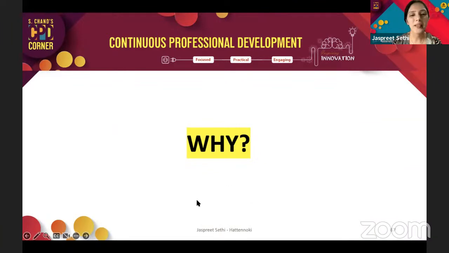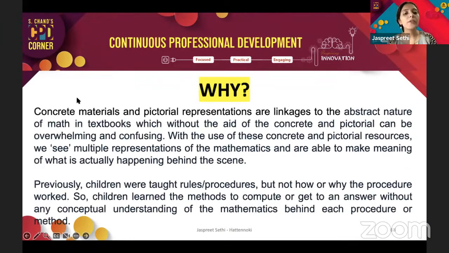Why are we doing all of this? So concrete materials and pictorial representations are basically linkages to the abstract nature of maths that students see in textbooks. And without the aid of these concrete and pictorial, it's all very overwhelming and confusing. With the use of these concrete and pictorial resources, we are seeing multiple representations sometimes, and we're also trying to make meaning of what is actually happening behind the scene. And yes, we have been taught sometimes without any of these, and